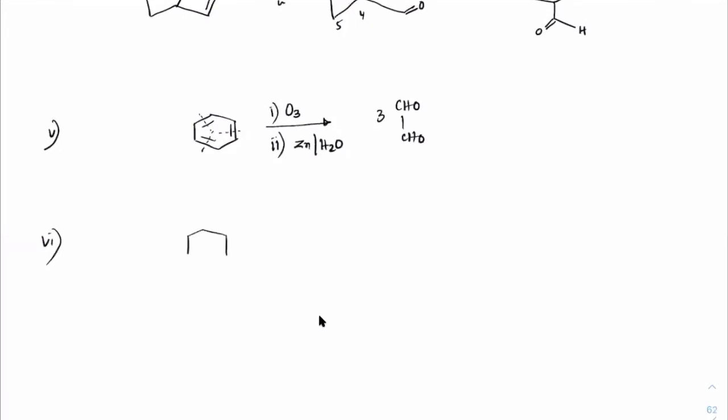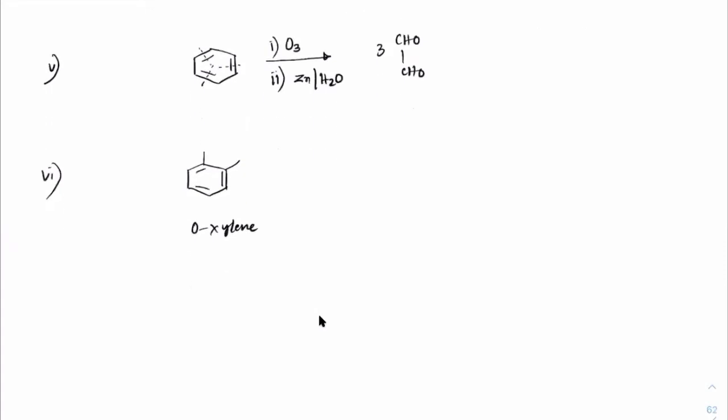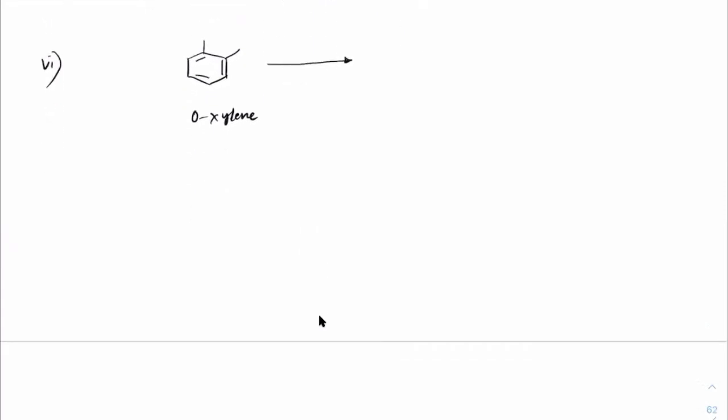Last, if we have toluene, and that too, let's say, sorry, xylene, o-xylene. In o-xylene, you need to be very careful. Why? See, any of the canonical forms can give products, right? This is one canonical form which I drew. And what is the other canonical form? The other canonical form will be on this side. So let me put a circle here, which means these two canonical forms can exist.